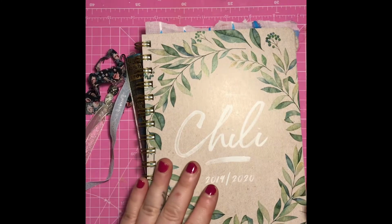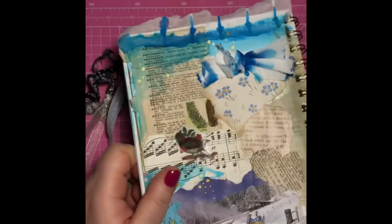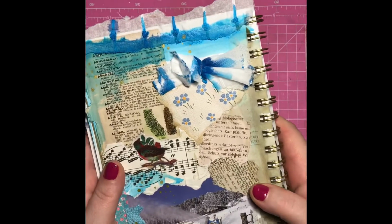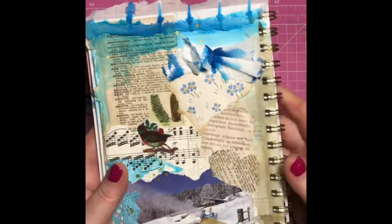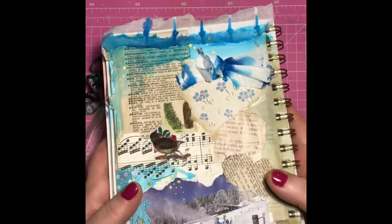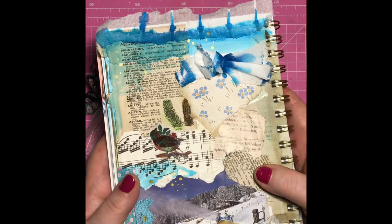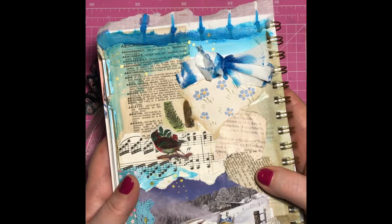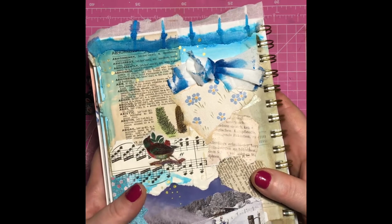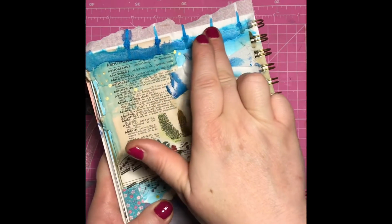I'm going to show you today my challenge together with 49 Dragonflies, aka Barbara here in YouTube, who made this December daily collaging challenge, and this is my first December 1st collage what I did, and I chose the prompt that I should use some fabric and